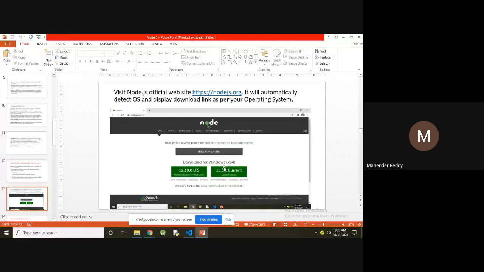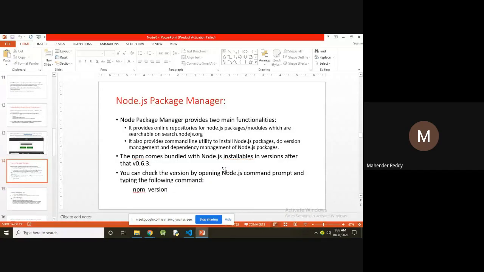Now today I'm going to explain the Node.js package manager, that is npm. The shortcut is npm, Node.js package manager. It consists of a lot of modules, and these modules can be used in many programming languages. Whenever you want some external module or external package, you can add the packages with the help of npm. In Node JavaScript also you can add the packages with the help of npm.